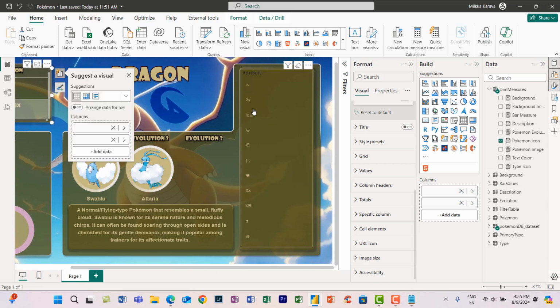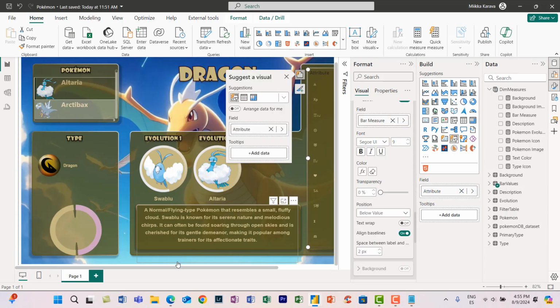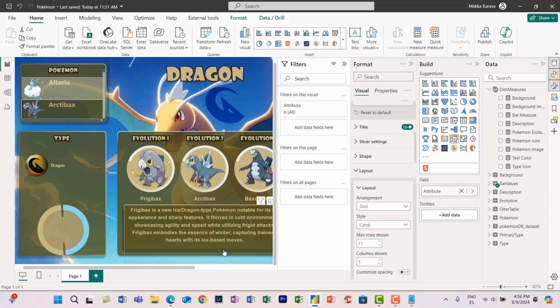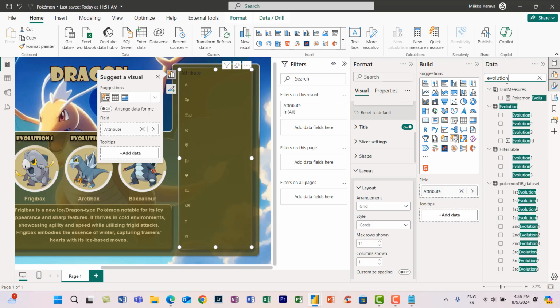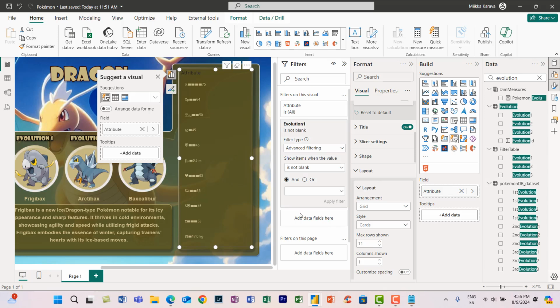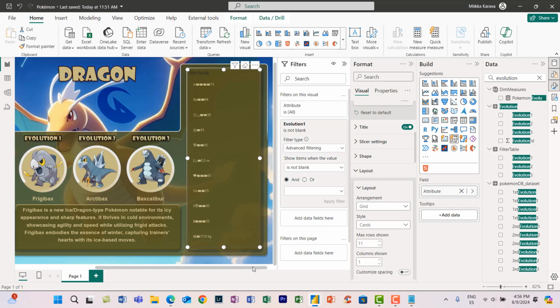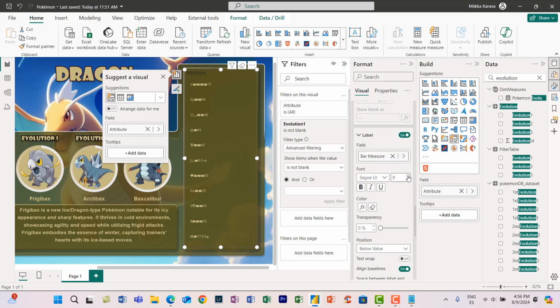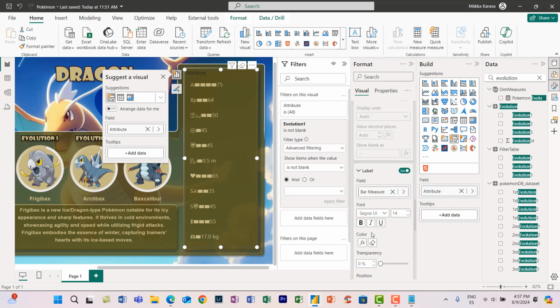Now you can see the Unicode icons. Now we can apply the evolution from the filter table, so we can insert the evolution 1 is not blank and apply it. And you can see that the bars appear. And now we get a displacement for the first evolution, which is Frigibucks. We can increase the font from the label, make it bold,